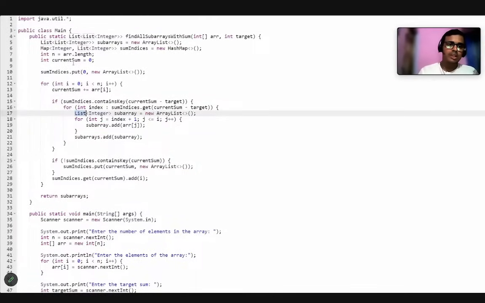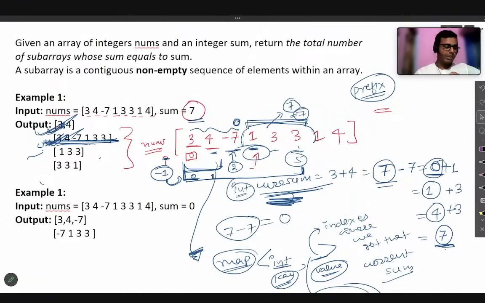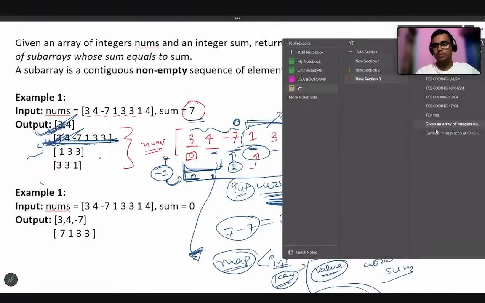You can see ArrayList will be used, HashMap will be used. It is the same thing, we will be using a new HashMap. The concept will be the same, just the language will differ, okay? And the Python code, yes, I will provide after this class ends, okay? But let me move to the next problem, because we have very limited time. Let me quickly jump to that problem.